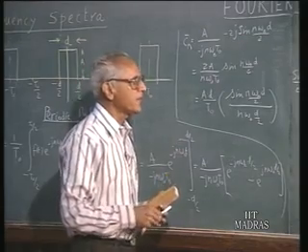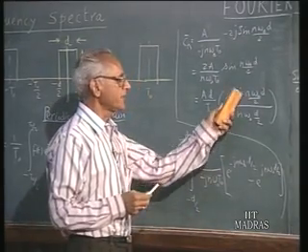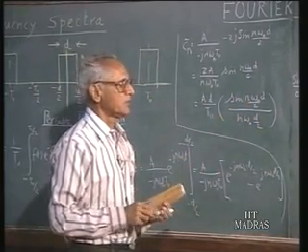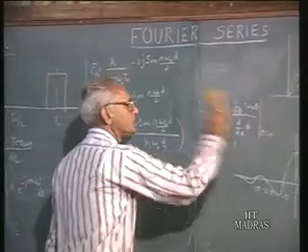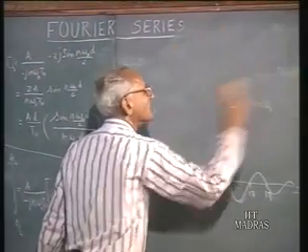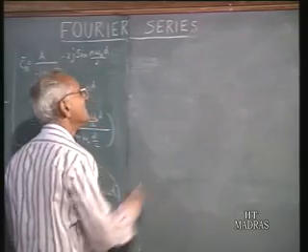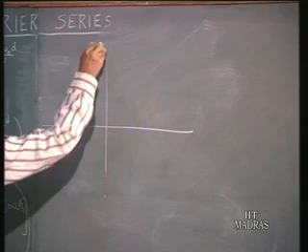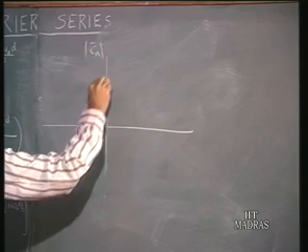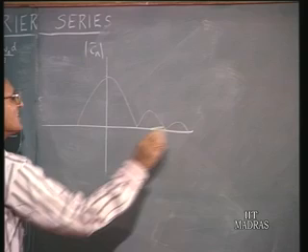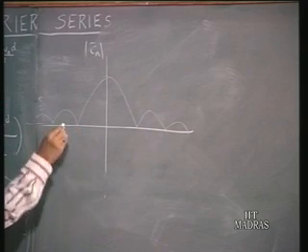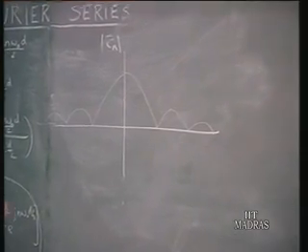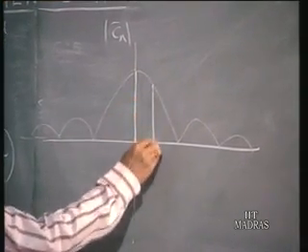However, we don't have continuous variation of theta. We are interested in finding out the values of this at specific values of theta, which are given by integral values of m. So consequently, the spectrum of this would be magnitude. We have an envelope like this because we are considering only the magnitude. So the negative loops are flipped over, this will be the envelope of your sinc magnitude, but the lines you will have only components